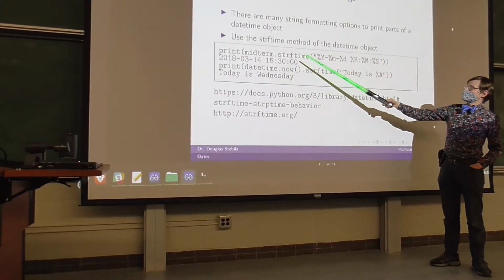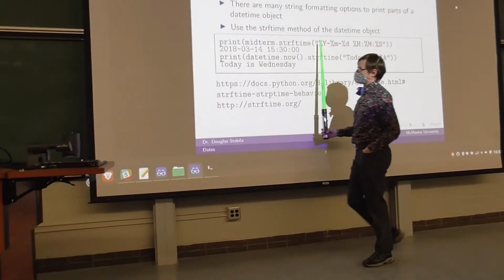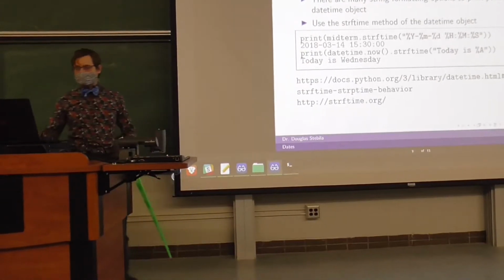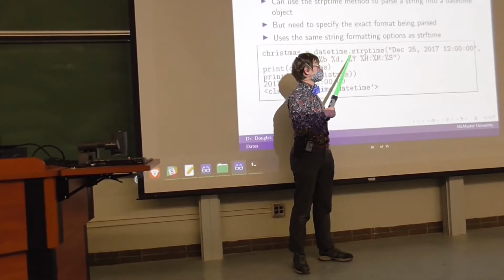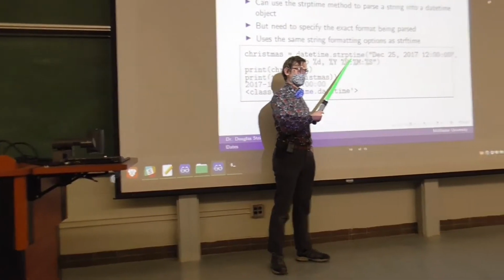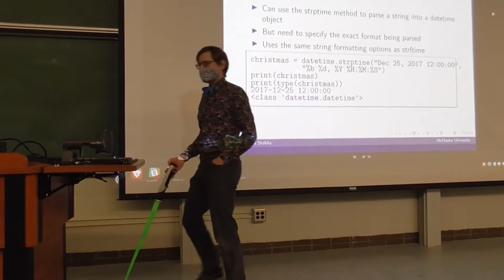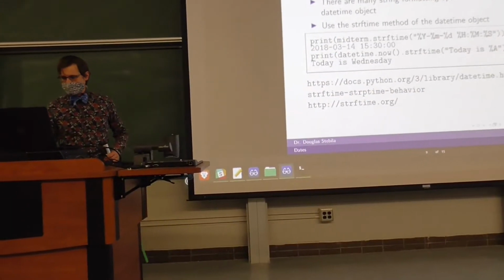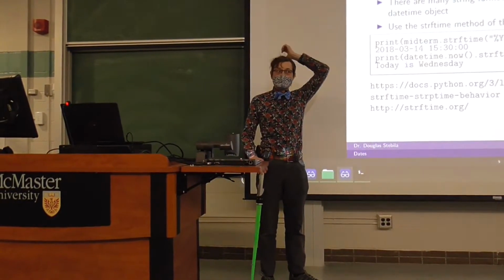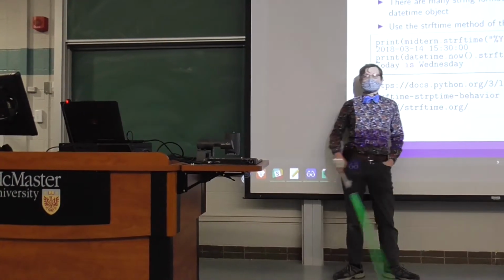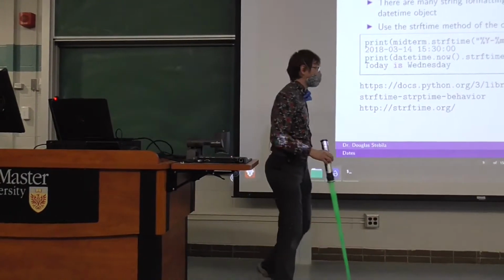This is for outputting time in a particular fashion. Paired with this, we have a sister function, strptime, string parse time, which allows us to read a string in given a particular format. This is a little bit cruel to do to you guys because you have not studied C yet. This is the manner in which C does string formatting.